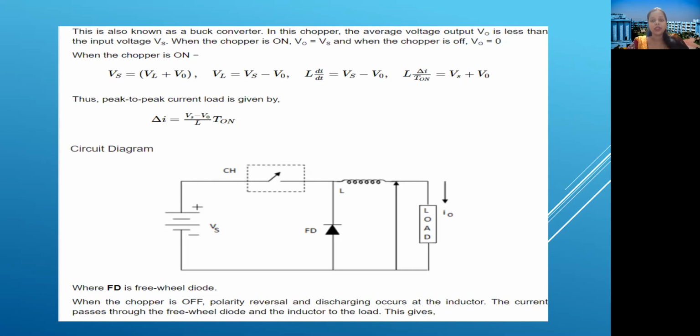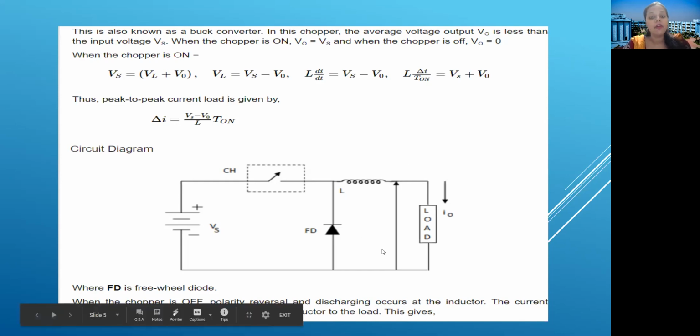of current through it. Initially, the polarity was left hand side positive, right hand side negative, right? And the inductor was storing energy of half L i square. Now, when the switch gets opened, no current flows from supply to load, but due to this stored energy half L i square, the inductor changes its polarity, and due to the change in polarity, the freewheeling diode becomes forward bias and the current freewheels through the diode and load.